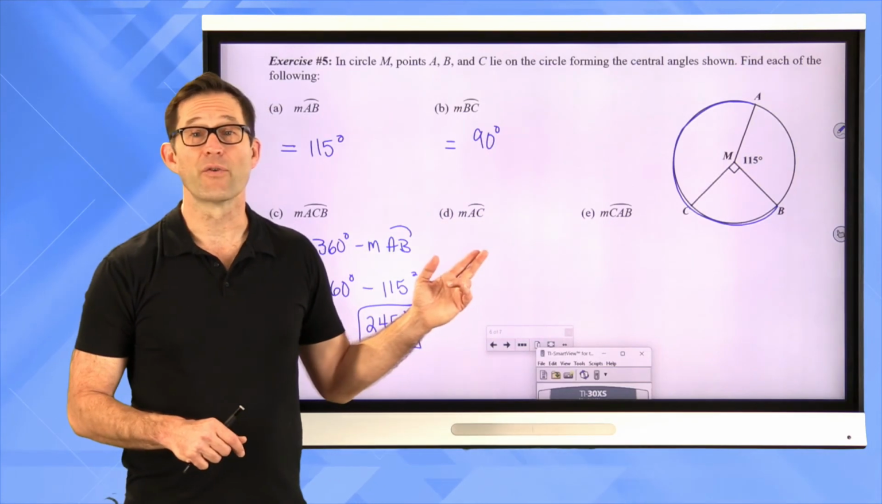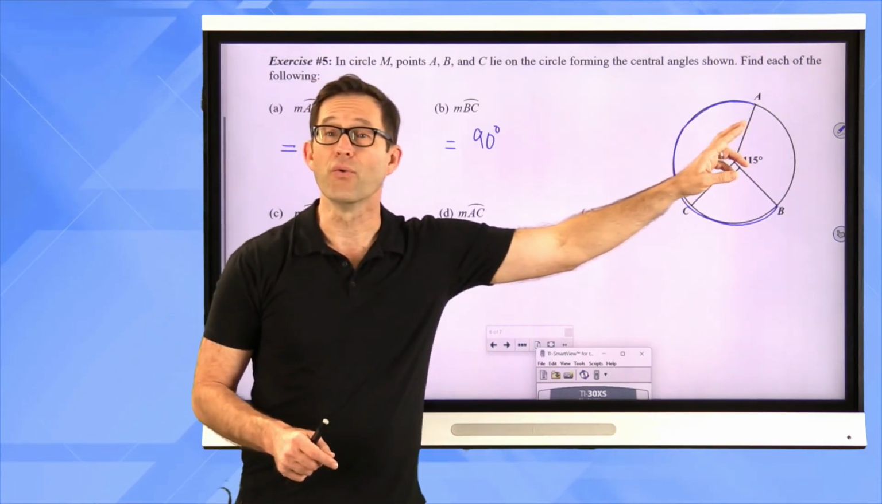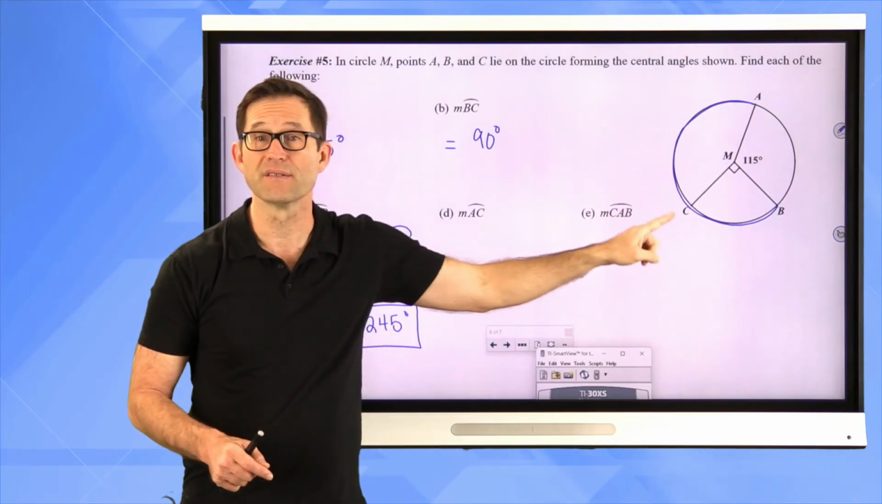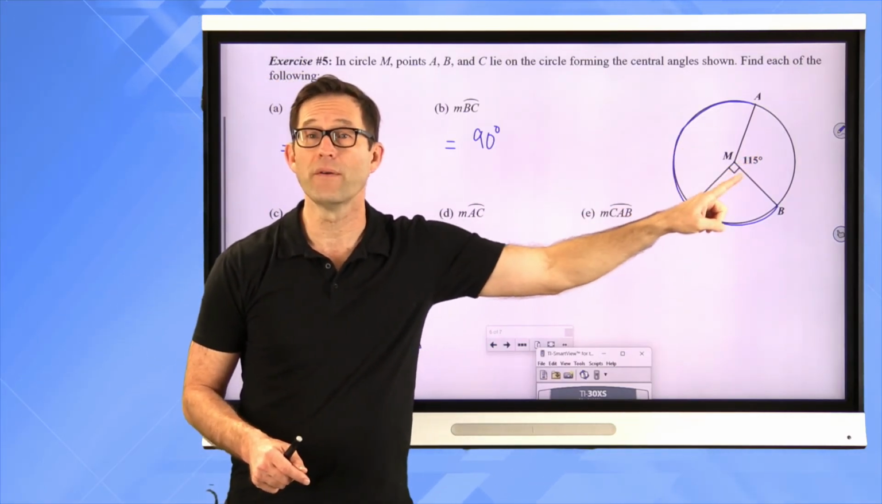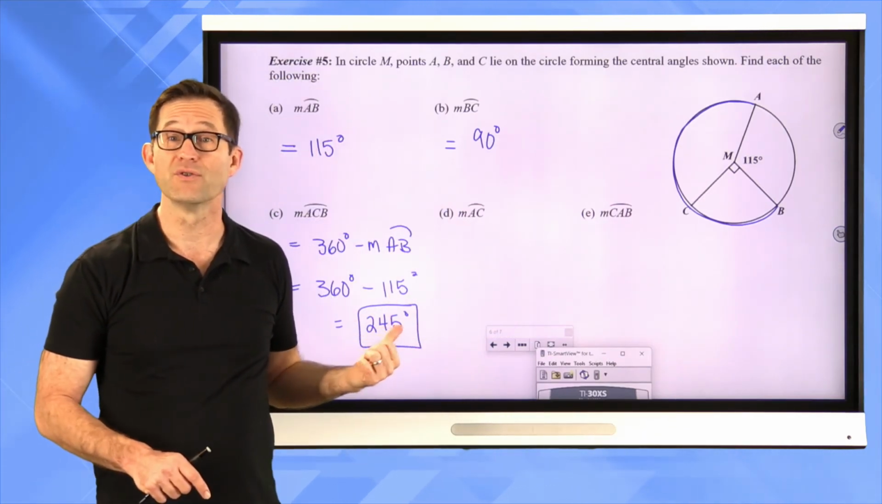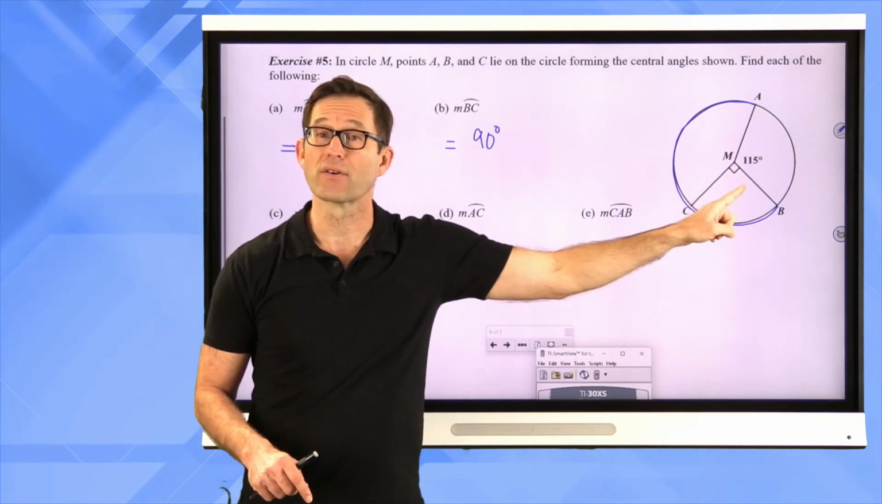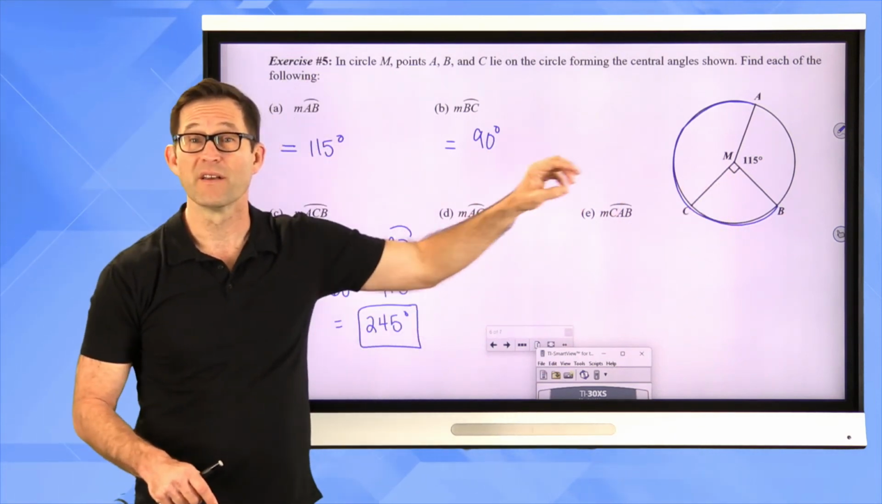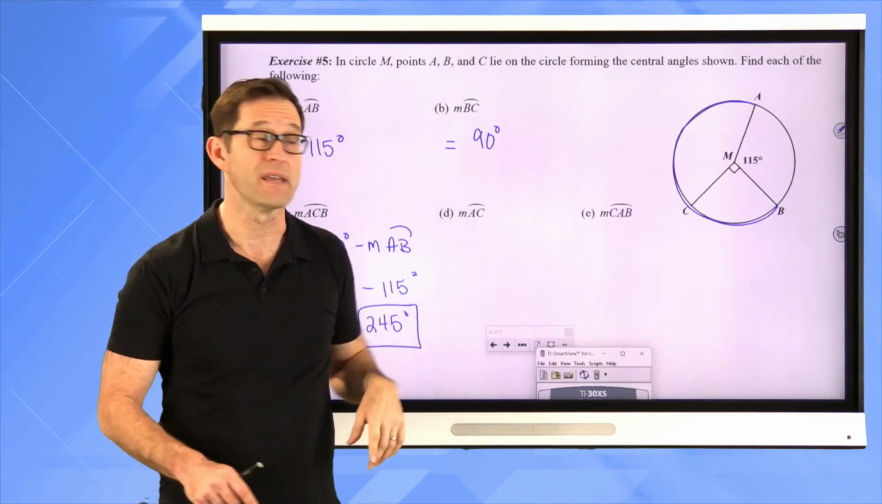All right, so for AC, we've got lots of choices. One choice would be to do 360, right? So AC is this one right here. One choice would be to do 360 minus the 115 plus the 90. The other thing that we could do is take the one that we just had, the measure of arc ACB, and just subtract off the 90, right? Because that 90, once we take it away, just becomes the measure of arc AC,